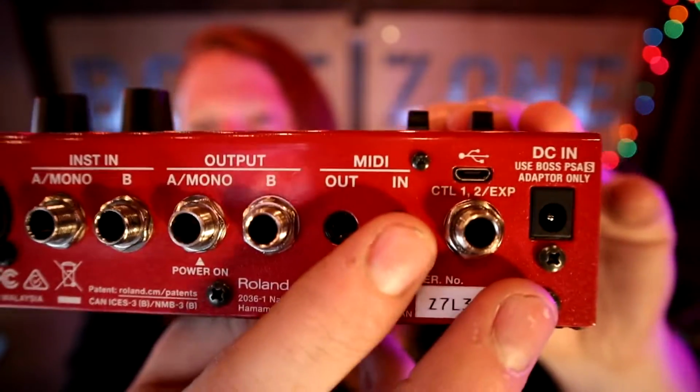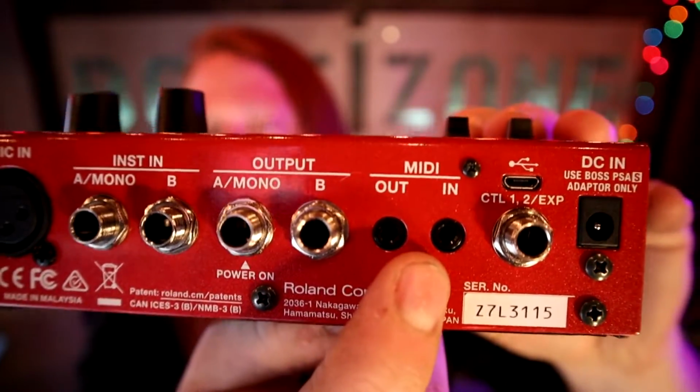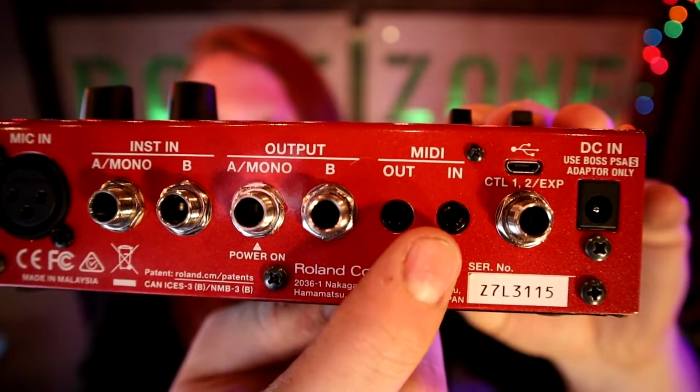Output, you can do mono or stereo. Now this is a new feature as well for this pedal. It has MIDI functionality, which basically means if you have a crazy synthesizer setup, you can sync up the